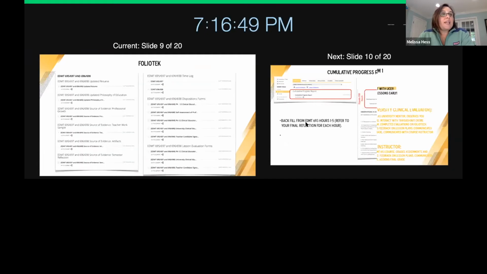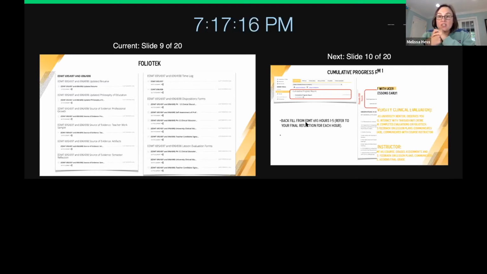You can see right here, this is just a screenshot of the Folio Tech pages for 695, 697, 696, and 698. You'll see on Canvas and on Folio Tech, all of those course numbers are shoved together. And that's because 695 and 697 is for one group of students, and 696 and 698 is for another group of students.